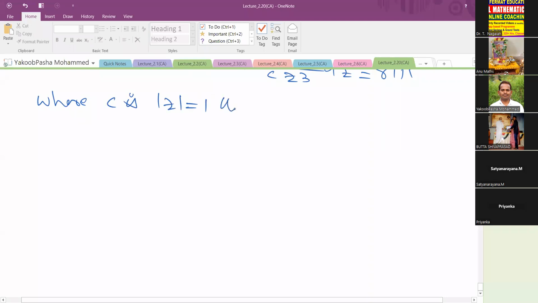Then the values of a, b, c respectively are